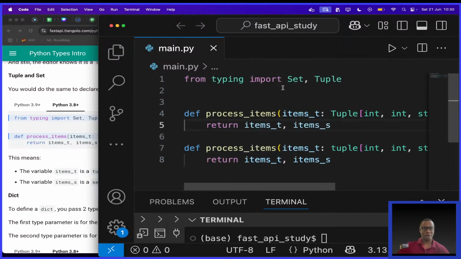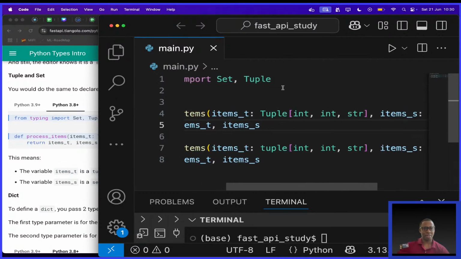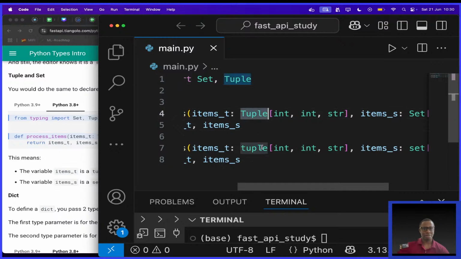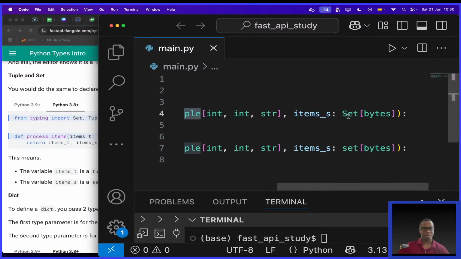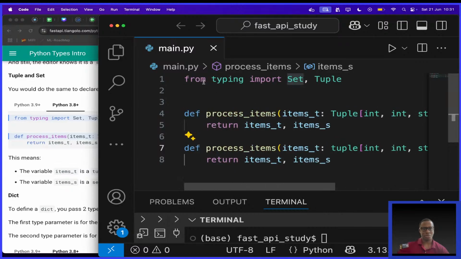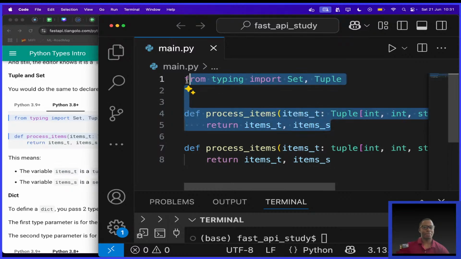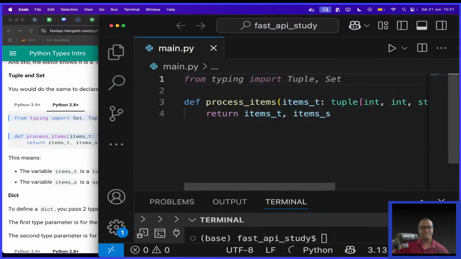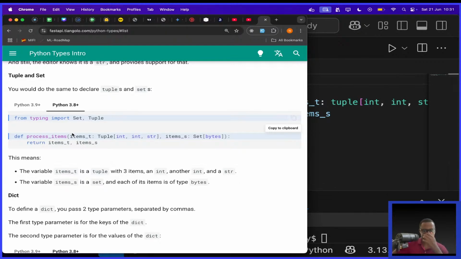This is a good thing of having people who are actively supporting a language. So look at this. Tuple, set. Small differences, but yeah, I think it's cool that you don't need to import something just to add a type. So let's leave that off. Then let's move on.